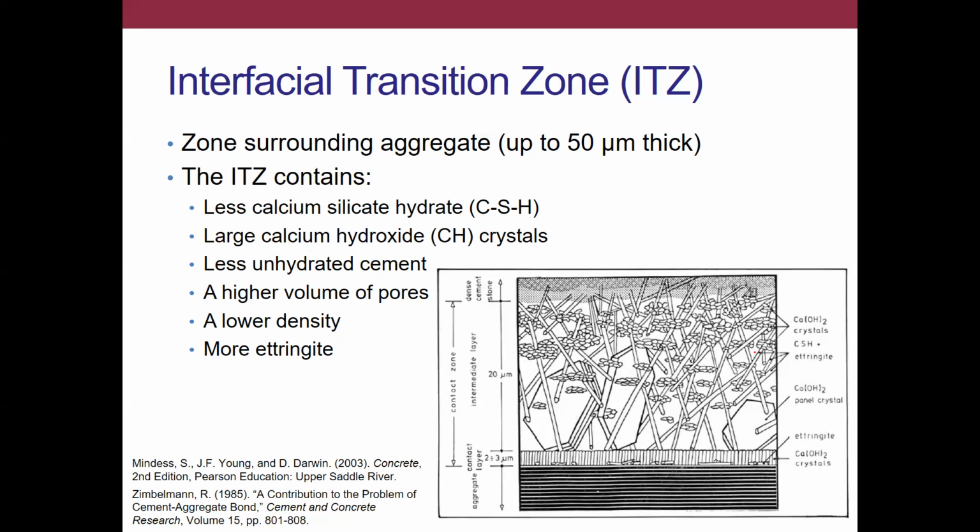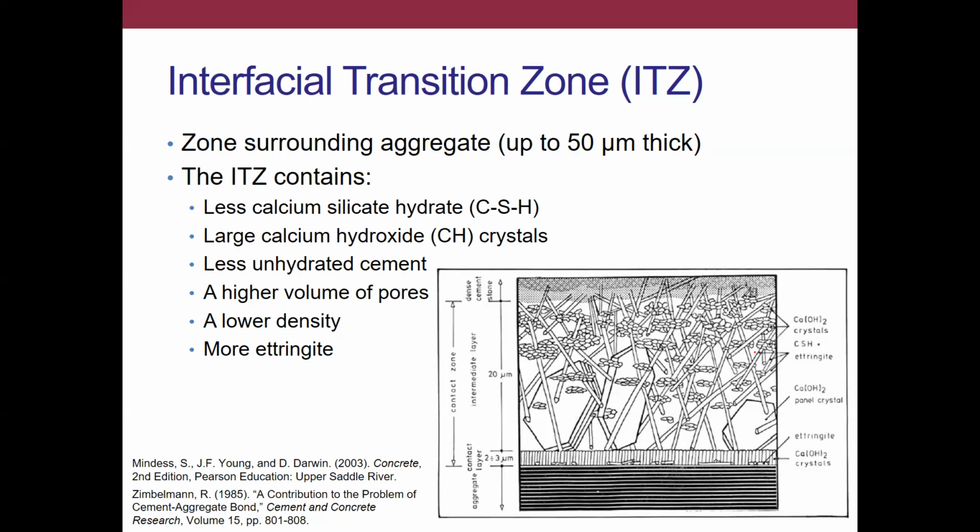So in essence, the cement grain sees the aggregate as essentially a wall, right? And so your grains cannot pack efficiently against that surface, against that wall, if you think about it that way. Because the cement grains cannot pack as efficiently against the aggregate surface as they can in the bulk microstructure, this forms the ITZ. Okay, and the ITZ can vary in thickness. It is going to depend on a number of parameters, for instance, simply your water to cement ratio, right?